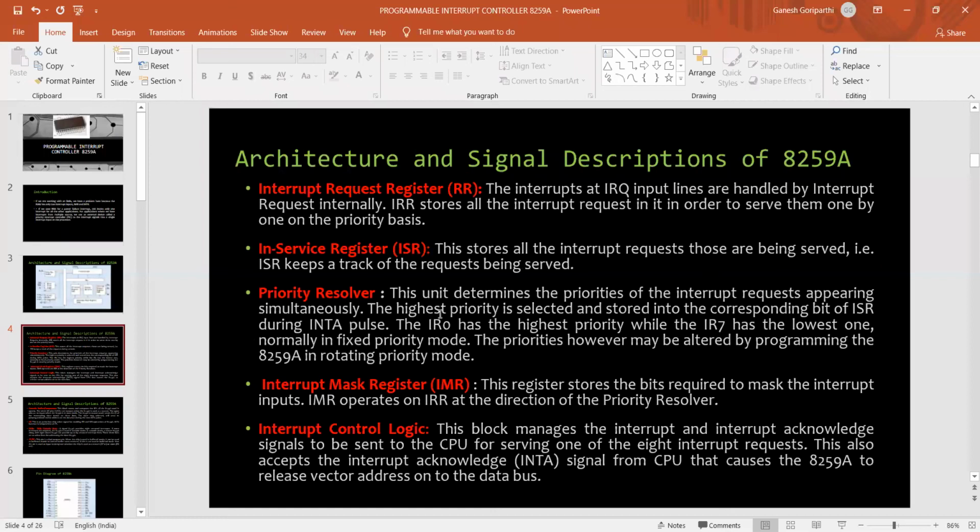The priority resolver determines the priority, and IR0 will have the highest priority and IR7 will have the lowest priority. The interrupt mask register stores the bits required to mask the interrupt inputs. IMR operates on IRR at the direction of the priority resolver. That means IRR and the priority resolver combinedly give the input